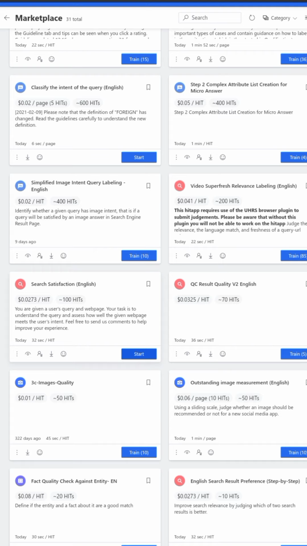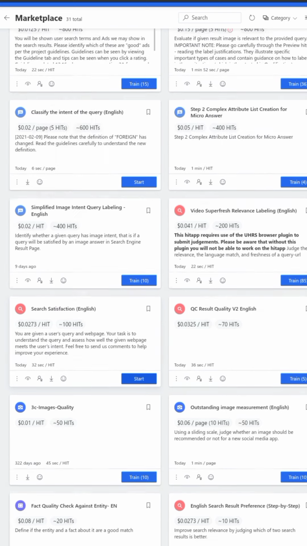0.0273 per HIT. So you'll be paid 0.0273 for every HIT. If you do the math, if you do 100 of them, you can earn, let's say, 2.7 US dollars, and this will be paid monthly, most probably on the 21st day of the month. The next thing,